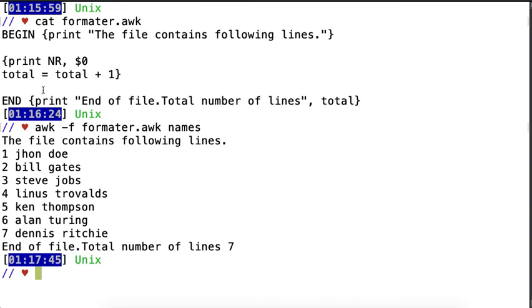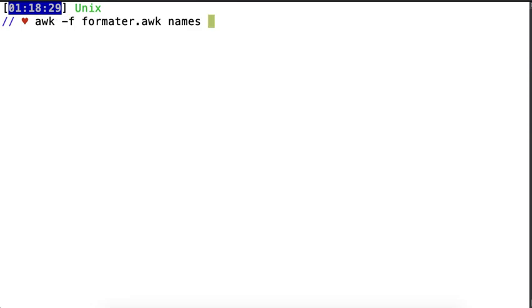Then in our processing with NR, we are printing the number and the complete record, and then we are incrementing a variable which we are not using every time, but in the END block we printed end of file, total number of lines, and then the actual variable. So this we can use on some other file also. Let us see if there is any other file, okay, so car